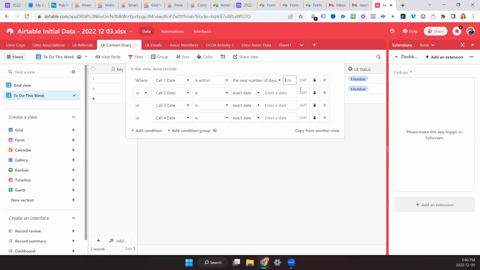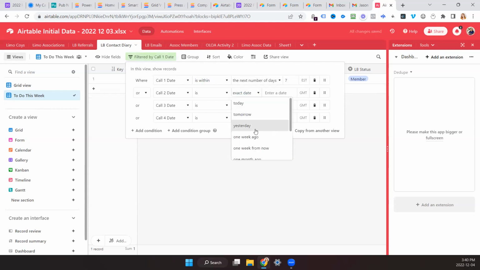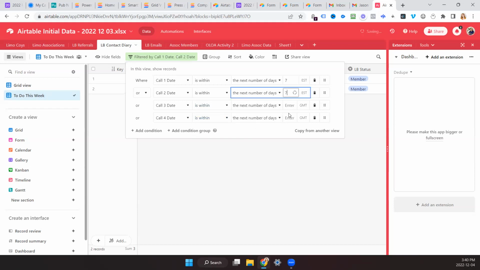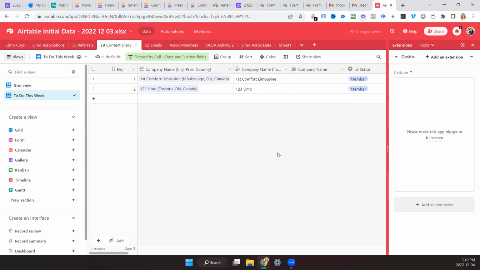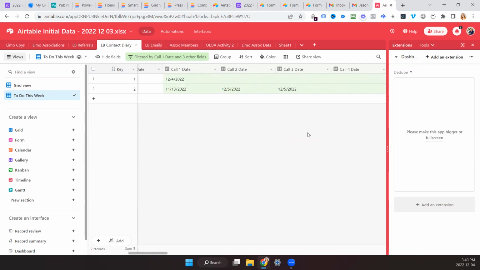And then you're only going to see things that you have to do this week. So you could do is within, and basically do 7 or whatever makes sense for you. And then this is where you can kind of live in and make sure that you're only looking at what is next.